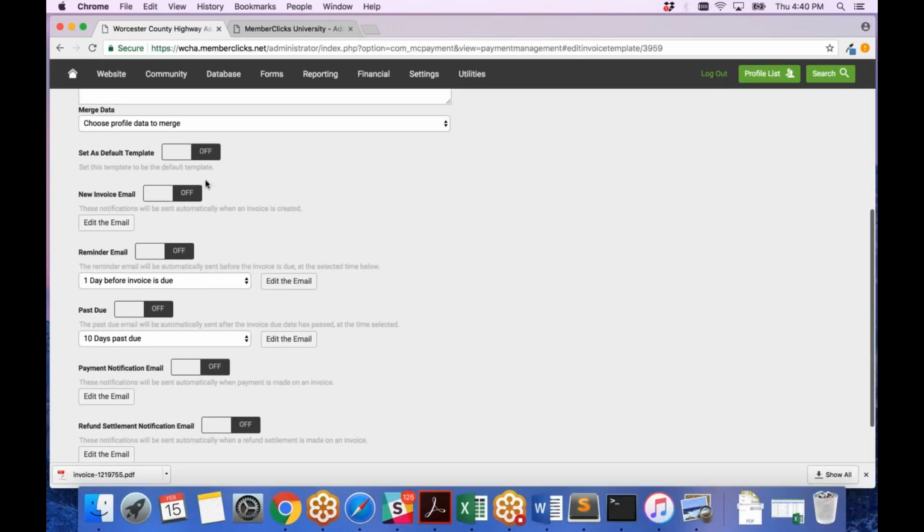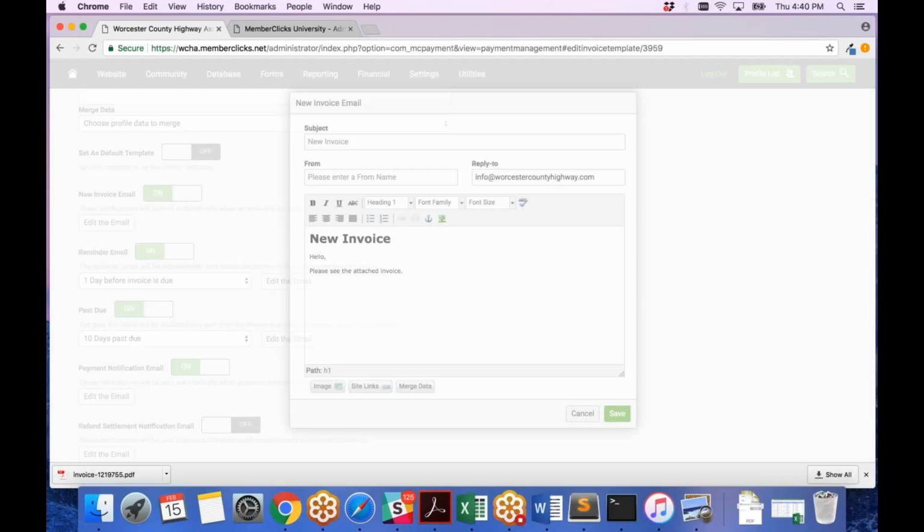And then I want you to turn on the different notifications that you want to use. So you would toggle on whatever notifications need to be used, and you need to edit the email. So put in something a little bit more personalized, not so much that,